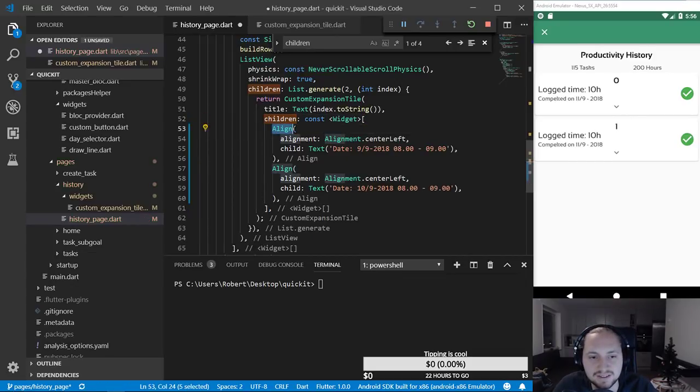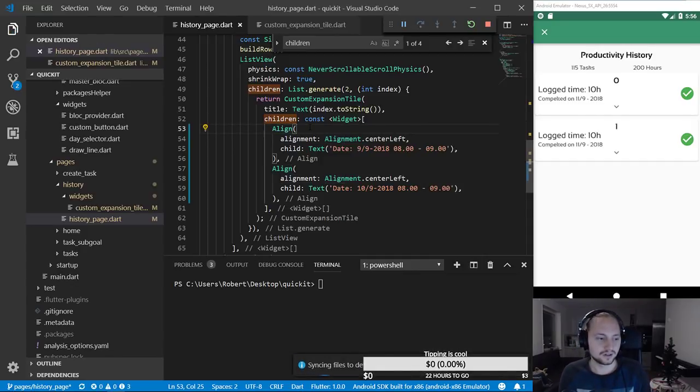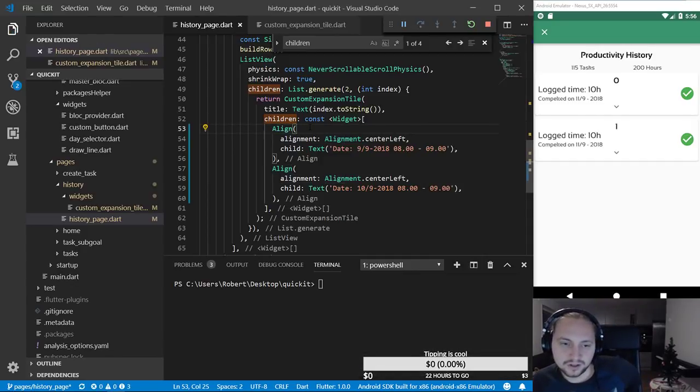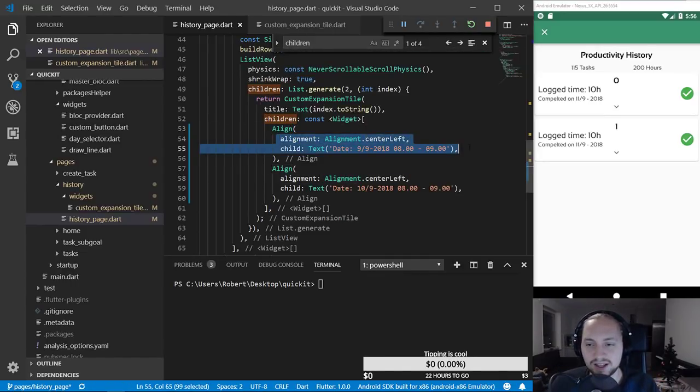It just makes it a bit cleaner to write than setting a container. I would actually add a container instead if in the end I would make some more design changes, for example, setting a background and everything. But just for putting a text, for example, to the left,